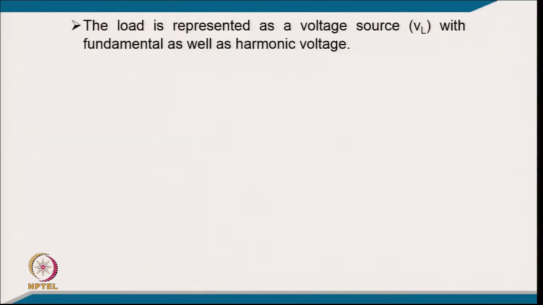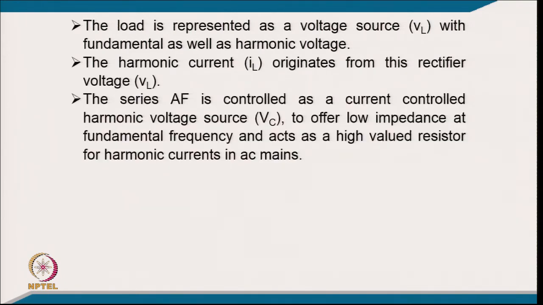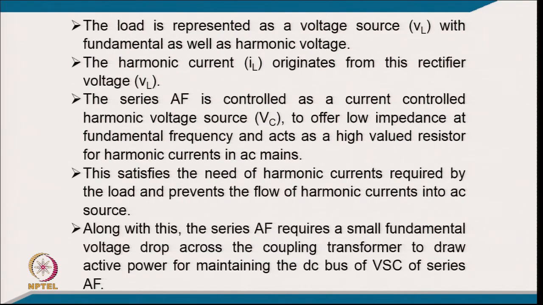So, the load is represented as a voltage source with a fundamental as well as a harmonic voltage, and the harmonic current originates from this rectifier voltage, and the series active power filter is controlled as a current controlled harmonic voltage source to offer low impedance at the fundamental frequency and acts as a high value resistor for harmonic current in the AC mains, and this satisfies the need of harmonic currents required by the load and prevents the flow of harmonic currents into the AC source. And along with this, a series active power filter requires a small fundamental voltage drop across the coupling transformer to